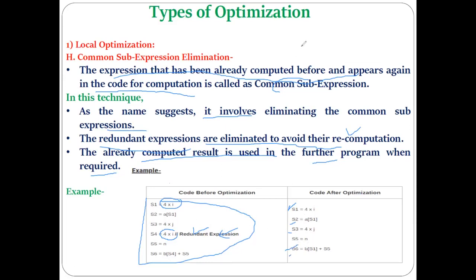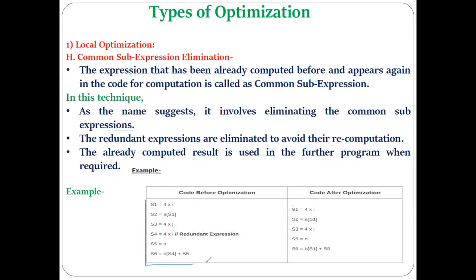So if you consider this as one, can you call it one basic block? Yes, because there is no jump in this code. All the instruction statements will get executed one by one sequentially. So this is a sequence of consecutive statements. Understood? So it is forming one basic block.